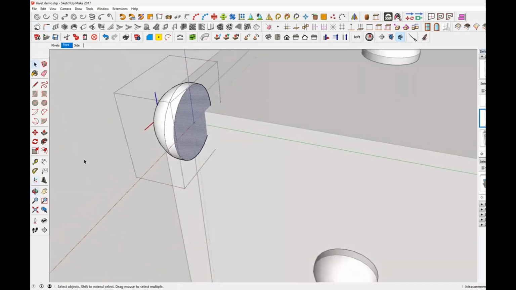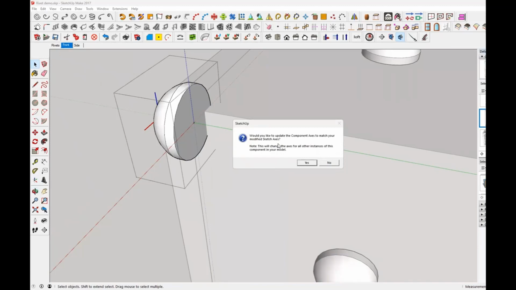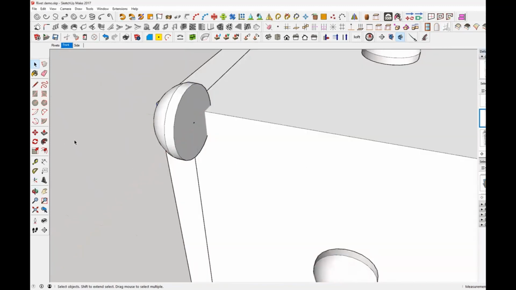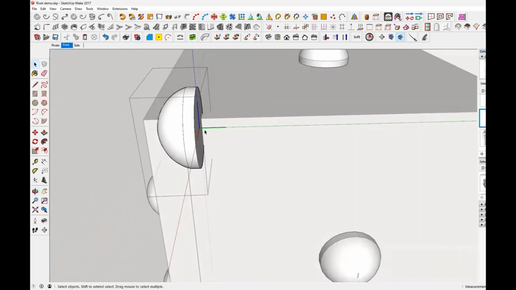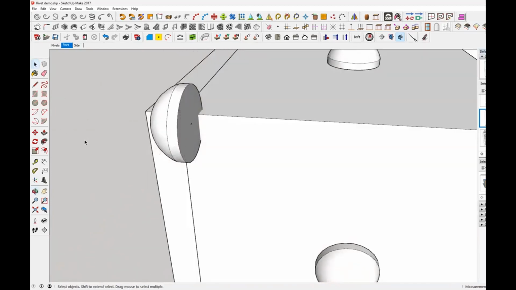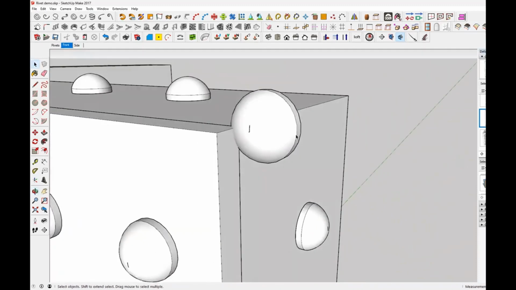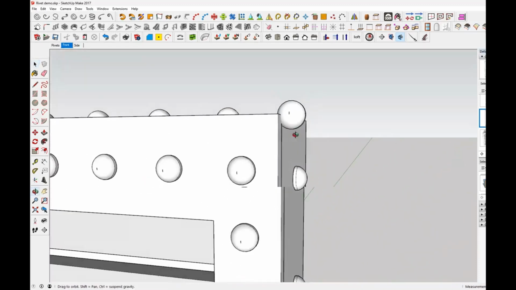And then we click away, it should come up with a warning: would you like to update the component's axis to match your modified sketch? You press yes. So now if we double click on this, the axis is at the back, spot on where we want it. Now what we can do is, I've drawn